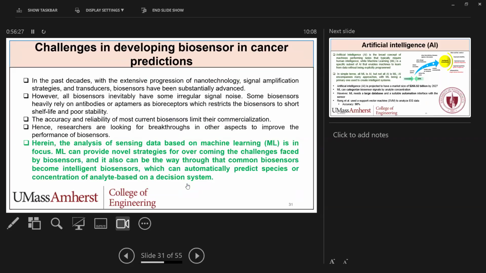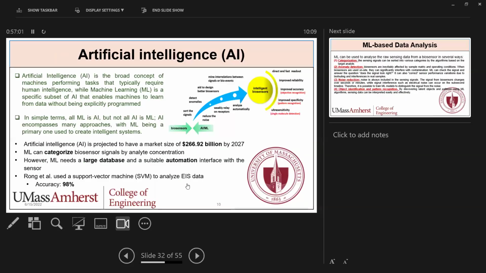Here our machine learning person comes in. Machine learning is in focus for the challenges in analyzing sensing data, with novel strategies. So what we did with this machine learning, we called it an intelligent biosensor. For our study, we just gave a name to that particular biosensor. We incorporated some machine learning algorithms, and then we named it intelligent biosensors. Yes, all these talks, you've been listening to artificial intelligence, machine learning, and there is no need for me to explain in